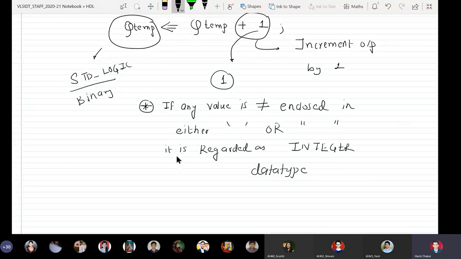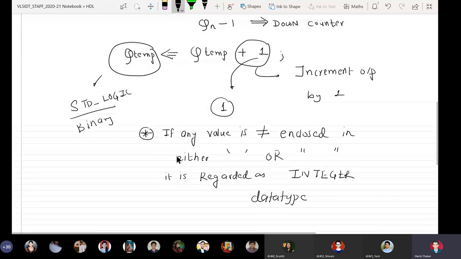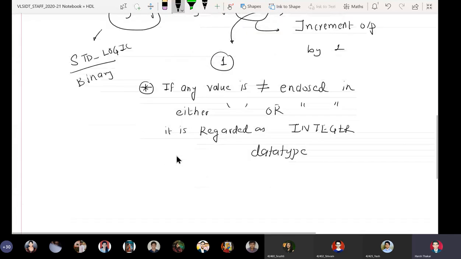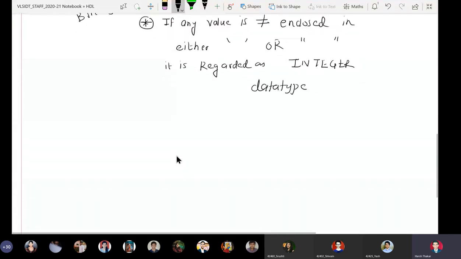So here when I write Q temp gets Q temp plus 1, I am trying to add an integer data type to standard logic data type.